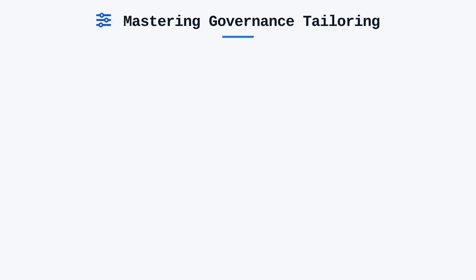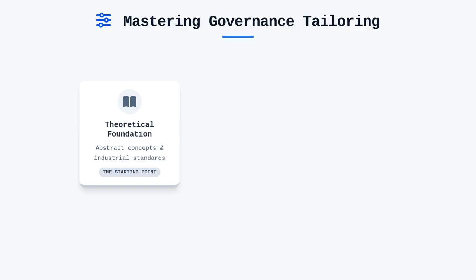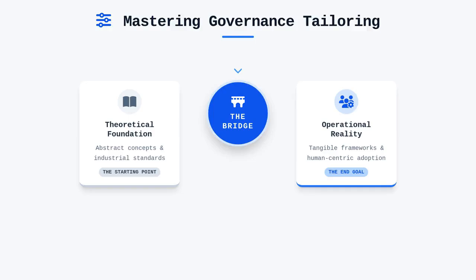As we proceed through this module, we will explore the mechanisms that enable this level of customization and discuss how to translate these design considerations into a concrete, measurable set of governance objectives. This is where you transform the abstract concepts of the book into a tangible framework that your colleagues will actually adopt and appreciate. By mastering this tailoring process, you are essentially learning how to bridge the gap between rigorous industrial standards and the messy human reality of everyday operations.